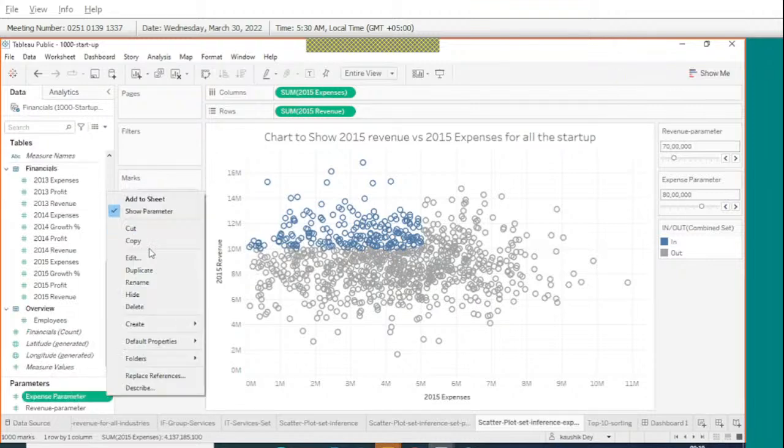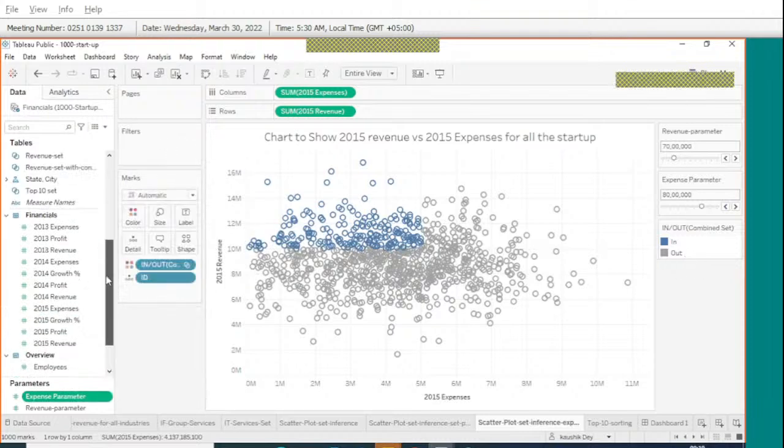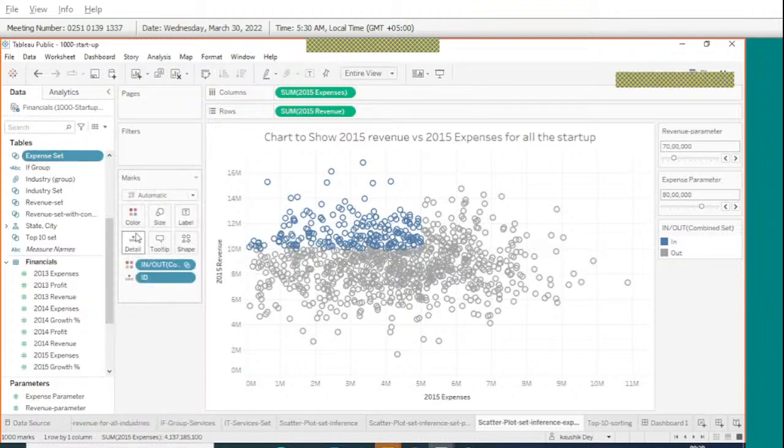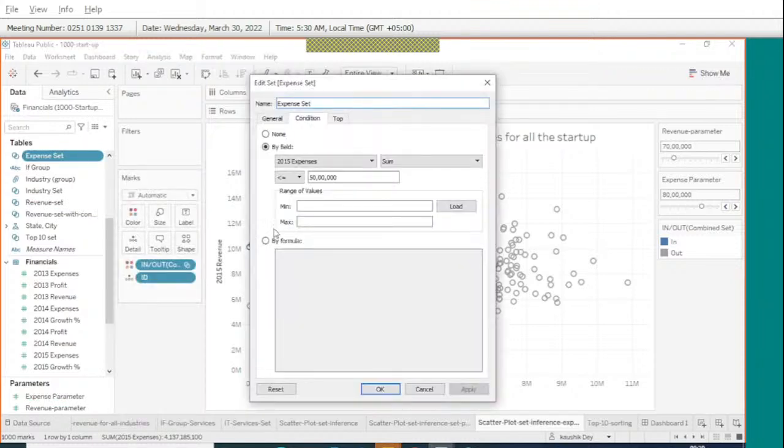Not parameter. Set. This is the top. So expense one. You have not attached it over here. Oh, sorry, sir. That is sum of